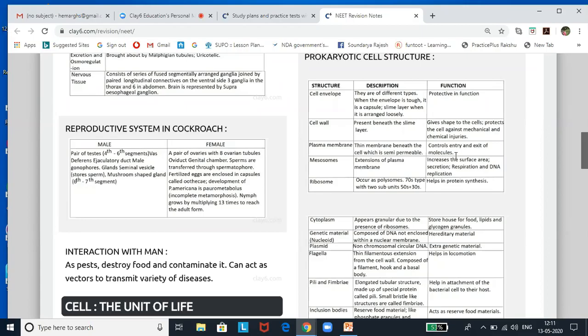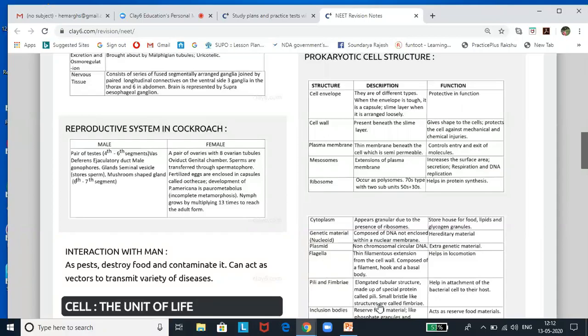All prokaryotes have a cell wall surrounding the cell membrane except in mycoplasma. Cytoplasm forms the matrix of the cell. Genetic material is not enveloped by a nuclear membrane. Many bacterial cells have plasmids apart from genomic DNA. Prokaryotes lack the organelles seen in eukaryotes. Mesosomes, which are infoldings of the plasma membrane, are seen in the prokaryotes.